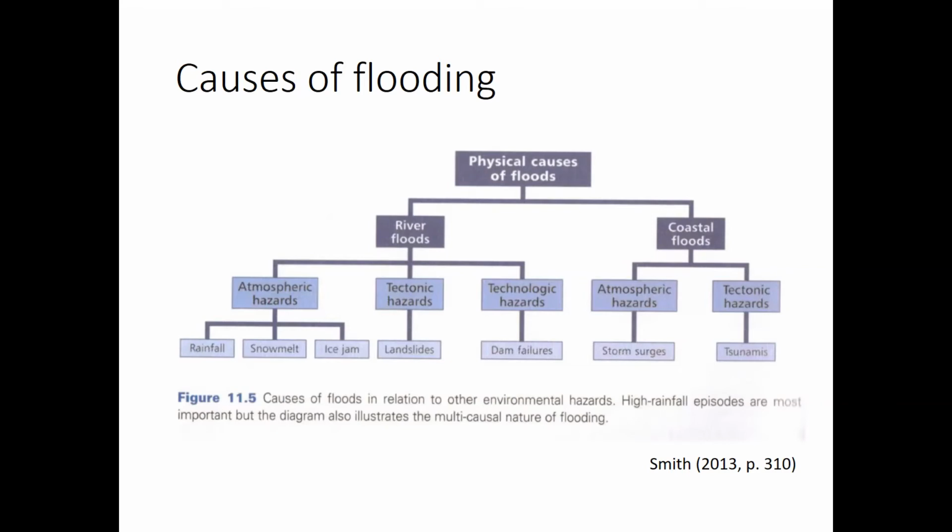And then if we look at the final branch, we can look at coastal flooding, again atmospheric hazards, and I'm going to talk a little bit about storm surges, and then tectonic hazards in terms of tsunamis, which I've taken out of today's presentation. I guess we're familiar with the large and devastating tsunamis, especially linked to some of Zoe's research we've heard about already, from Japanese earthquakes and the Sendai earthquake in 2011, and probably quite famously, if you've watched a film on Netflix, I always forget the name of this now, I think it's the one with Nicole Kidman in, the Boxing Day 2004 Sumatra hazard.